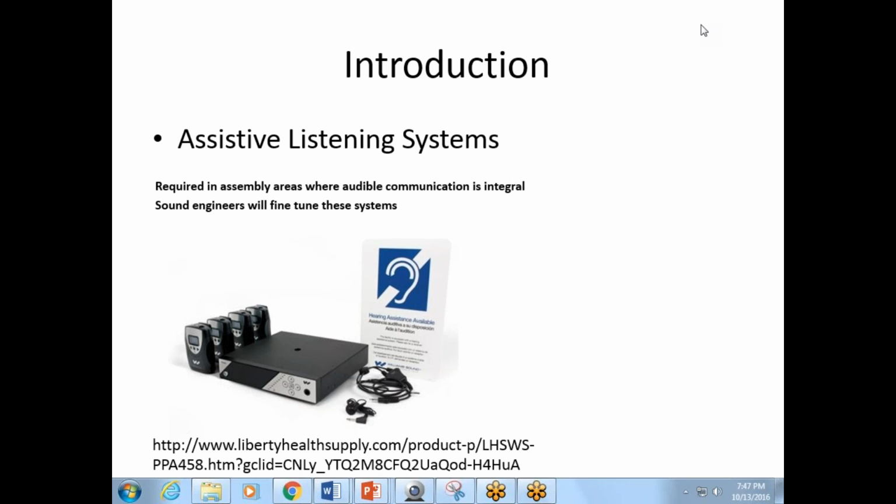Alright, so we have these within assembly areas with 50 or fewer seats, and it requires at least 2 receivers, which must be hearing aid compatible. An additional receiver is required for each 25 seats up to 500 seats, with more for larger quantities of seats. Selecting or specifying an effective assistive listening system for a large complex venue requires that sound engineer. I have one example here, and here's a company where you could purchase them. So you can see there's the device that is emitting the assisting sound, and then each individual who's in need of assistance would have one of these devices that they could plug into in order to hear better.